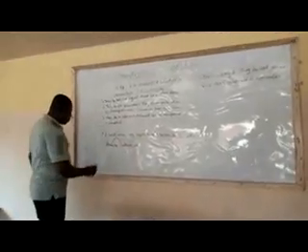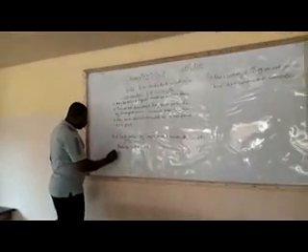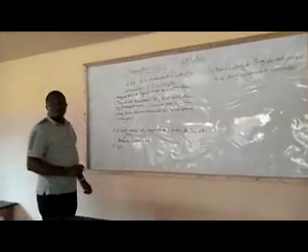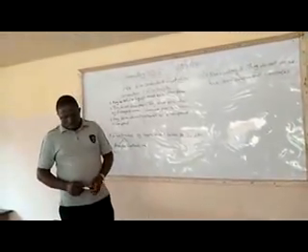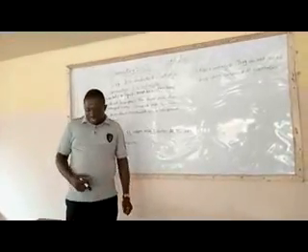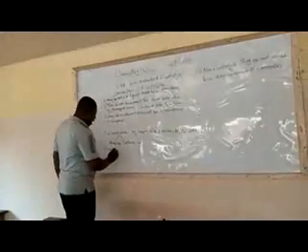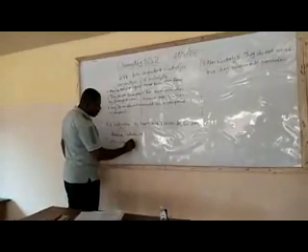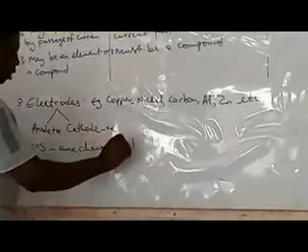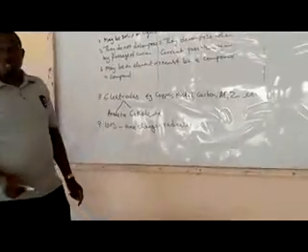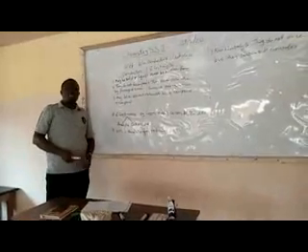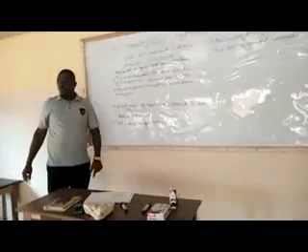What are ions? Number 9. Ions. I mentioned ions when I was defining electrolysis. You see, they are charged radicals. Ions are charged radicals. Or in chemistry, we say that an ion is a group of atoms which can exist on its own and still contain the properties of the atom.